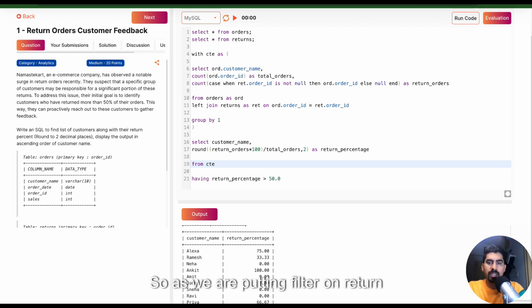So as we are putting a filter on return percentage, we can't use WHERE because WHERE doesn't know what return percentage is. WHERE knows what is return orders, what is total orders, what is customer name. Only on these 3 columns you can use WHERE. Okay, I hope you understand that. Now if I run this part,